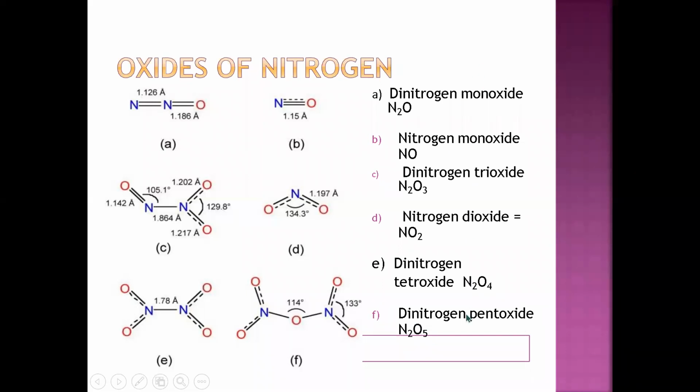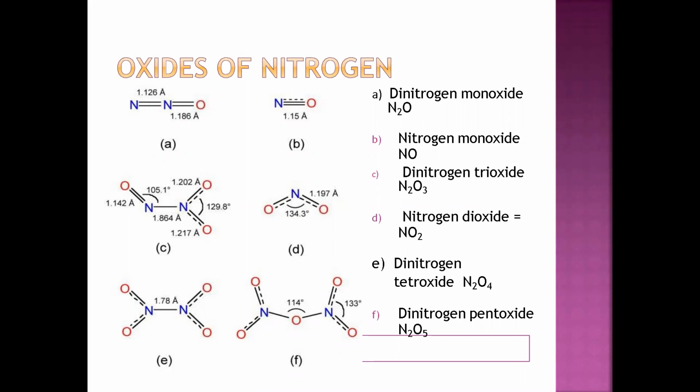So they can ask you this question in objectives, if N2O6 is an oxide of nitrogen or not. At that time, just keep in mind that N2O6 is not possible. N2O5 can be an oxide of nitrogen.